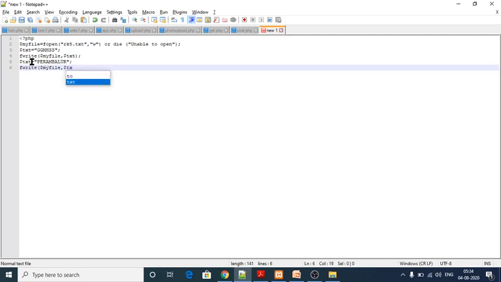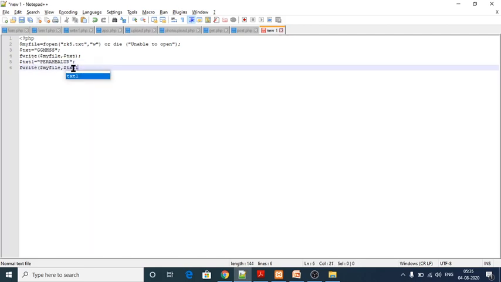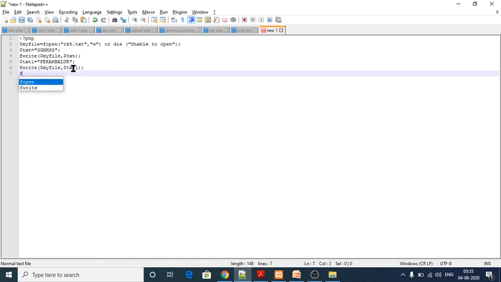So here we can give txt1. And next, finally, I have to use close, dollar symbol, which file I want to close, my file. I want to close my file.